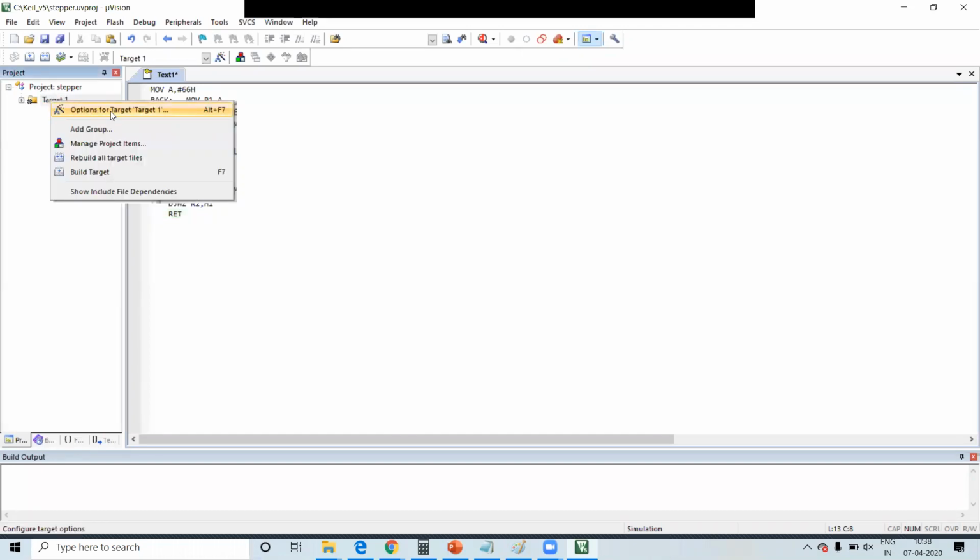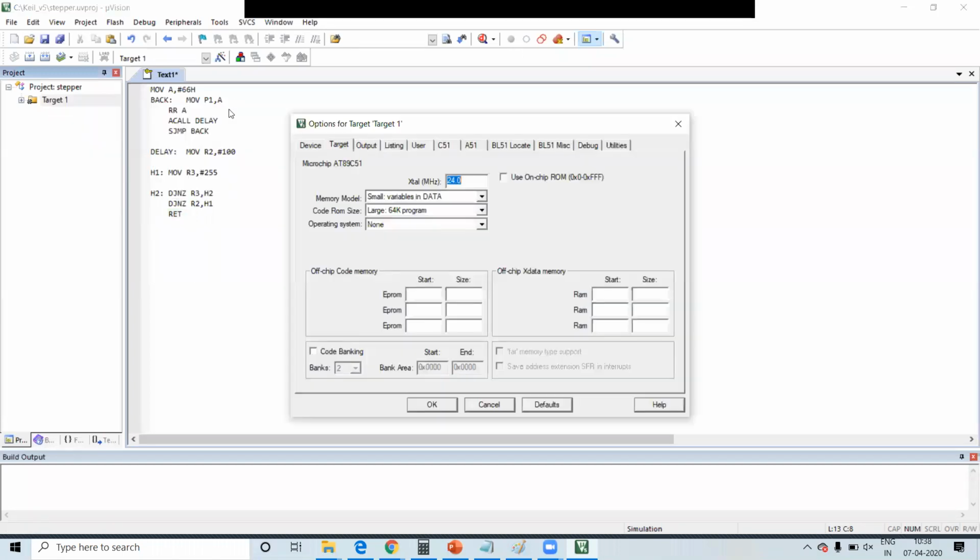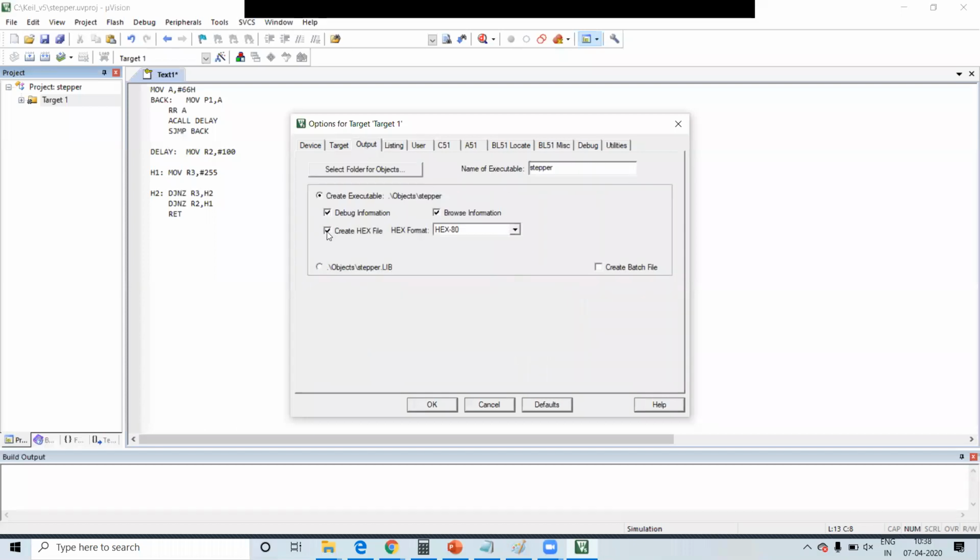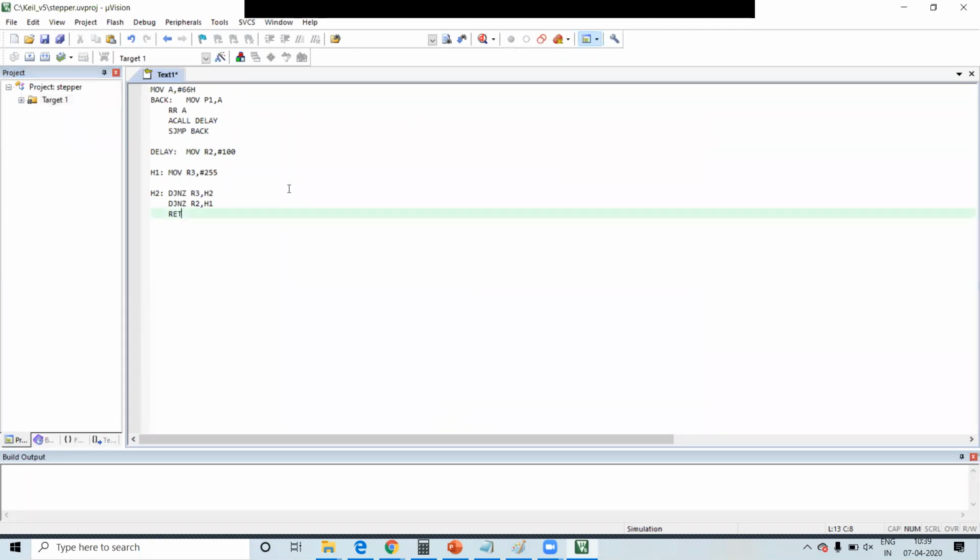Now let us see how it works. This is how we create the hexadecimal equivalent file for output, which will be used in the next process. That I can demonstrate only when the college starts. I'll share the YouTube link for you where the actual stepper motor is connected and that video is present.